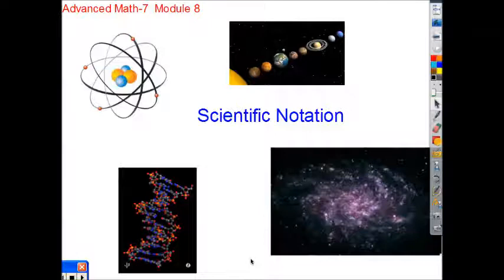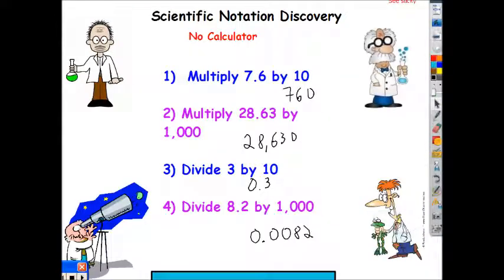This is our lesson on scientific notation, Advanced Math 7, Module 8. Scientific notation is used for really, really big numbers and really, really small numbers, which you will find in all kinds of forms of science. If you were actually in class, we would do a little bit of discovery learning, but now I'll just report